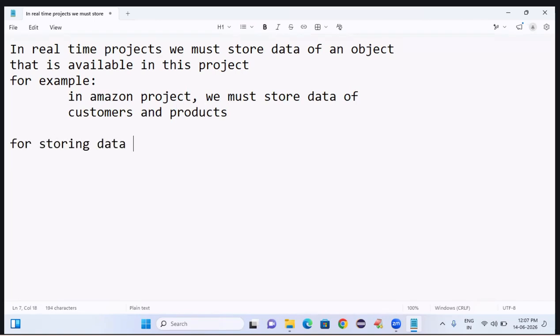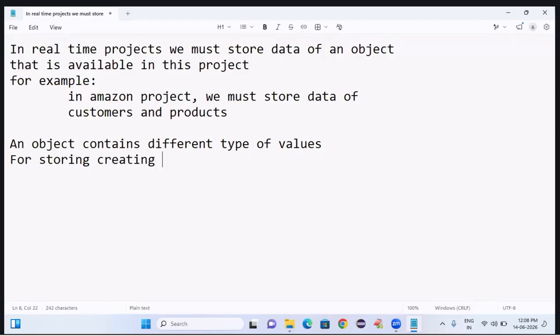For storing data, an object contains different types of values. For creating a real world object